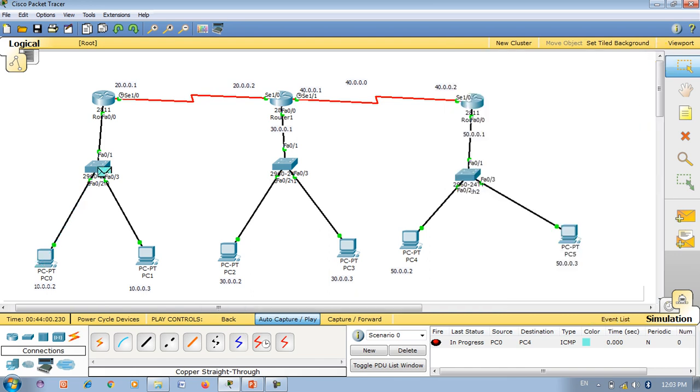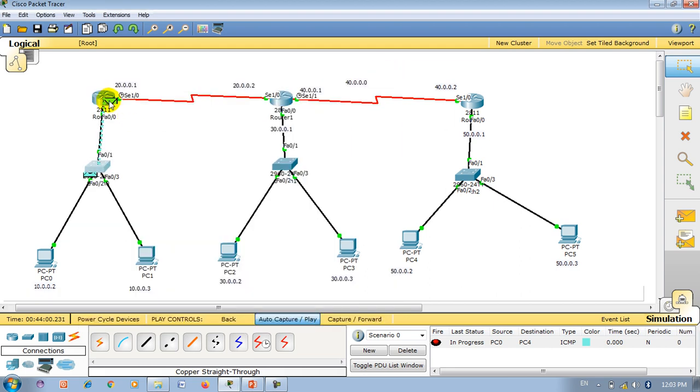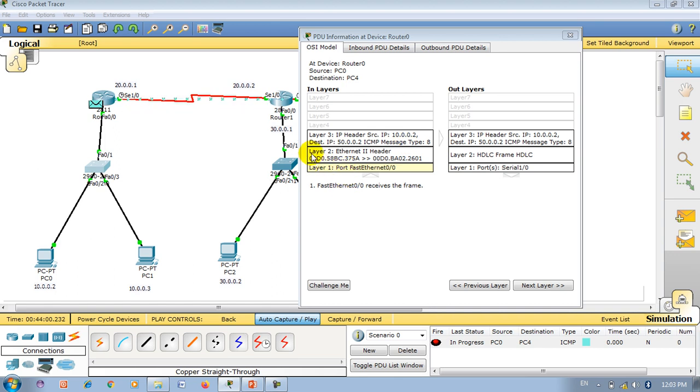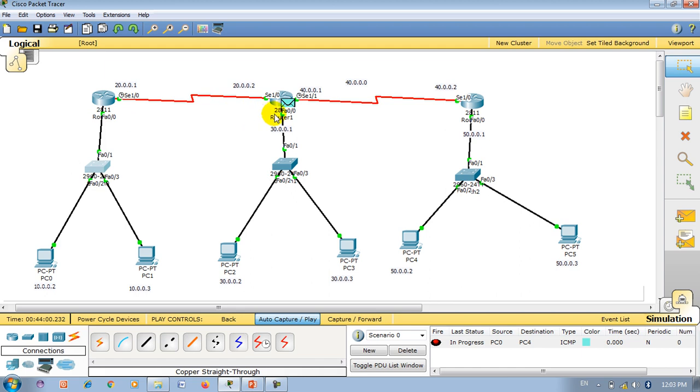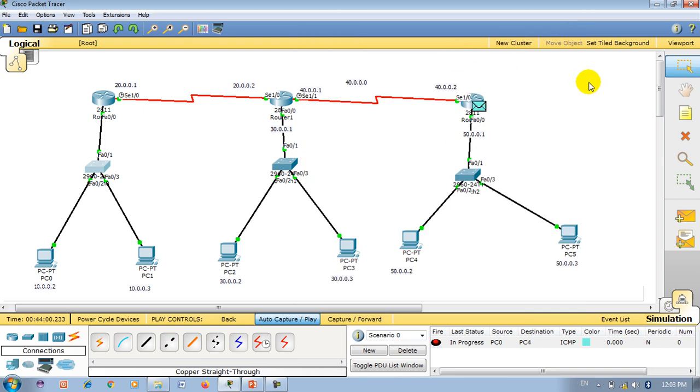Now you can see. For detailed information you can click on this packet as well, and it will show you the different layers. Layer 1, layer 2, layer 3 information, because the router works on 3 layers, so it shows you those 3 layers. Now this is the ICMP request message, which was received successfully by PC4, 50.0.0.2.